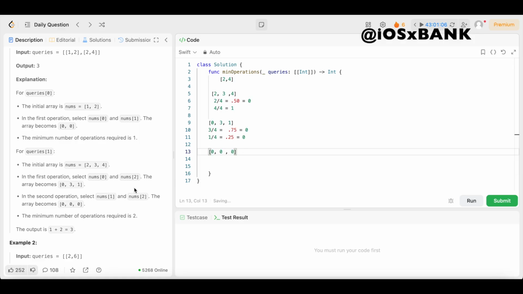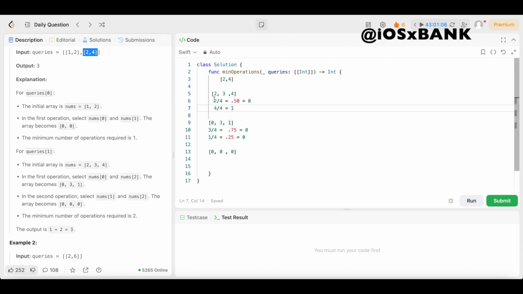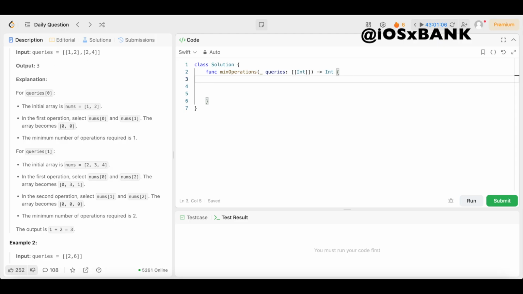Just in case it doesn't, actually, we're not done yet, because as we can see, we did this one in one operation. Then we did this one in one operation. We did this one in 2 operations. So we add those together. 1 plus 2 equals 3. And that's how we got 3. Now that we understand that part, or I hope we do,